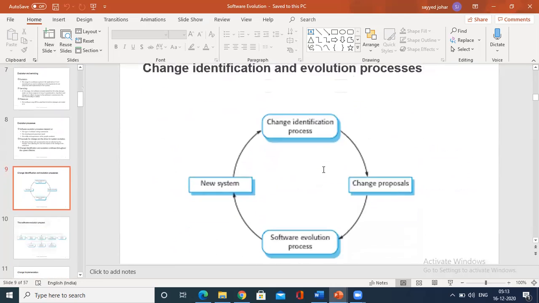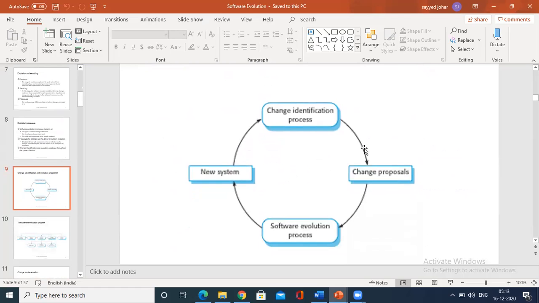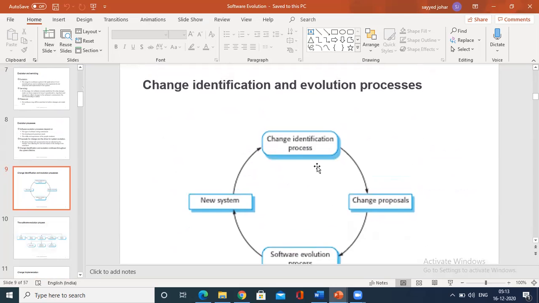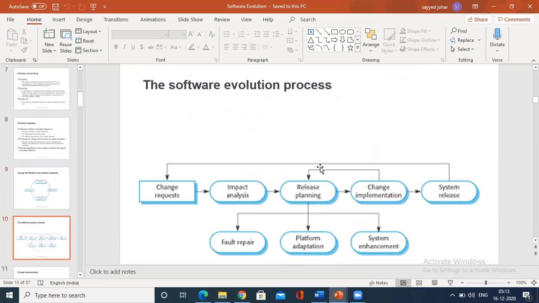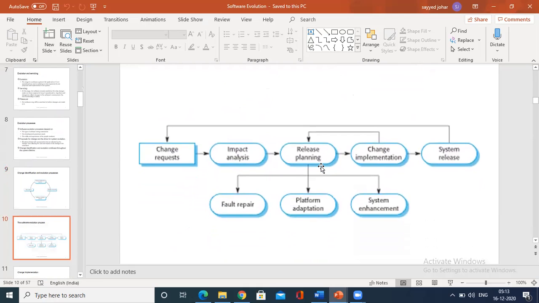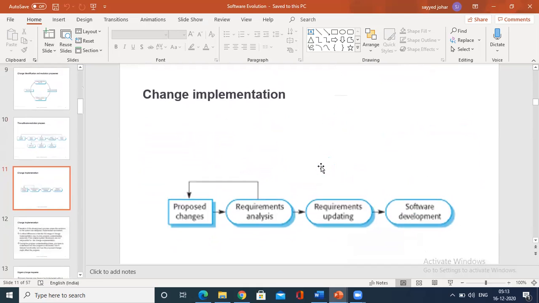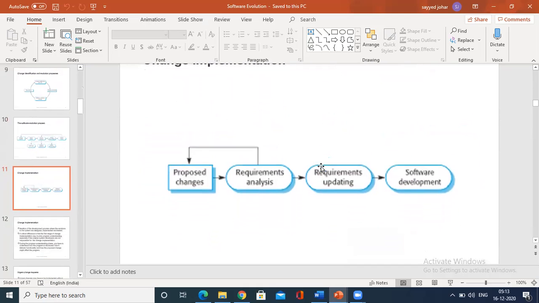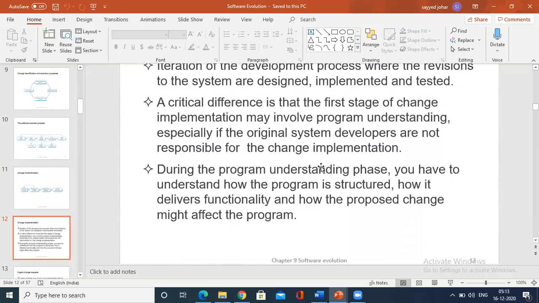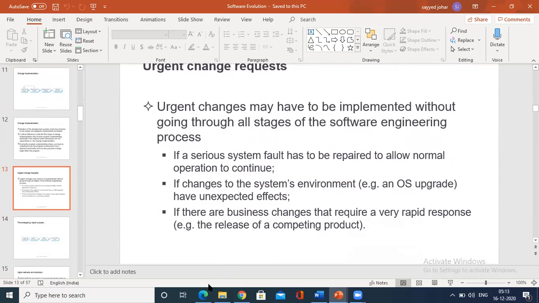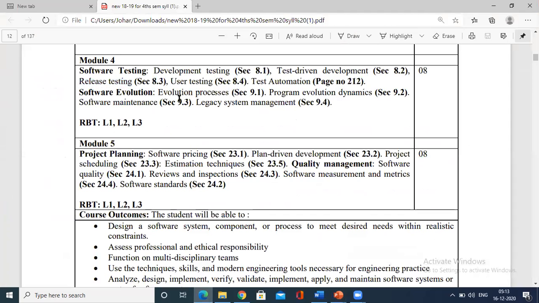Evolution process diagrammatically, last class again I stressed what all the things you need to cover while answering the software evolution process. With the diagrammatic representation, you need to explain what is the meaning of change implementation. It all comes under the evolution process. That is the first topic of this software evolution. What is evolution process? Section 9.1.